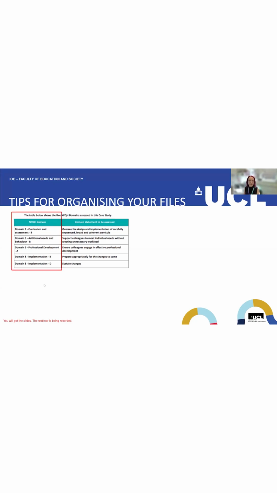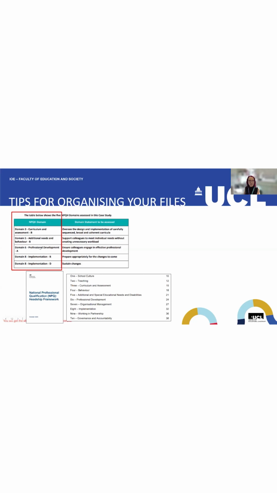So we're going to focus on these domain statements to start off with. In the DfE framework, they are numbered. So if you went onto the DfE framework, it would say Domain 3 Curriculum and Assessment. Ignore these letters. They're not for you. They're for assessors. They don't mean anything. They're not important. So you'll find them in the NPQ framework, and you'll see the contents page of the NPQ framework. You can see there they are numbered with their domain titles, and you can see here, for example, Domain 3 Curriculum and Assessment. It's just this one here. So the case study matches the framework that's provided by the DfE.